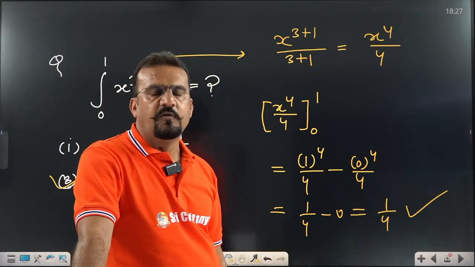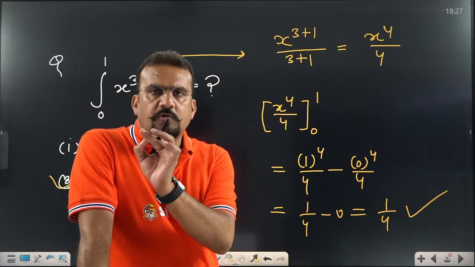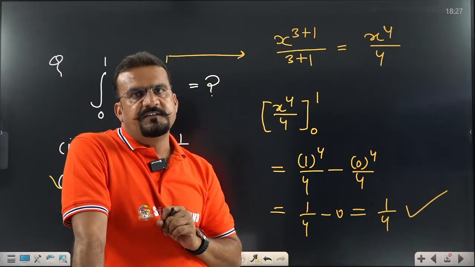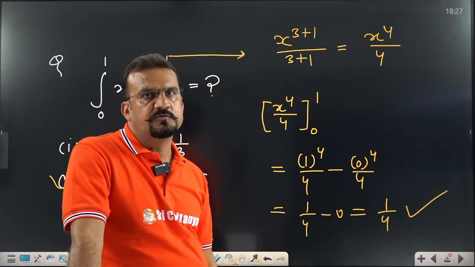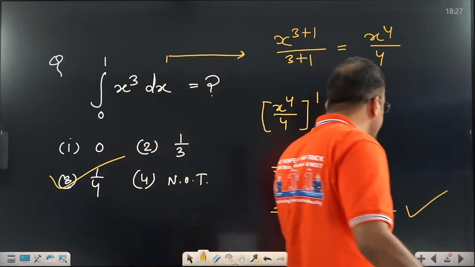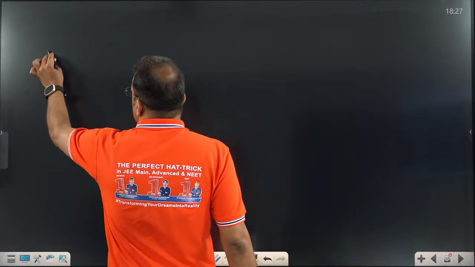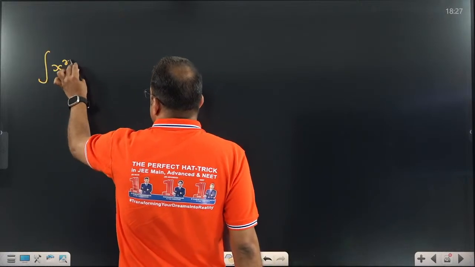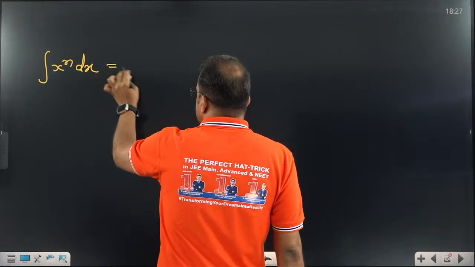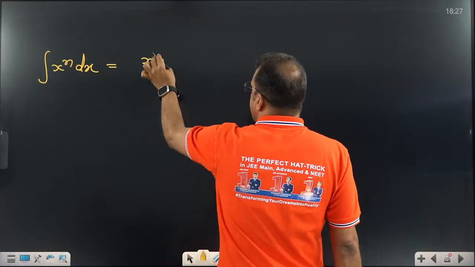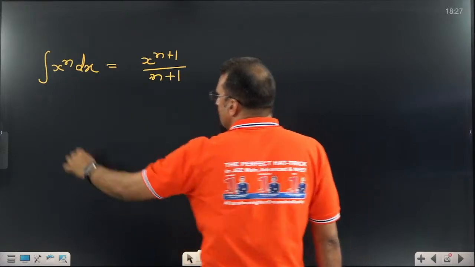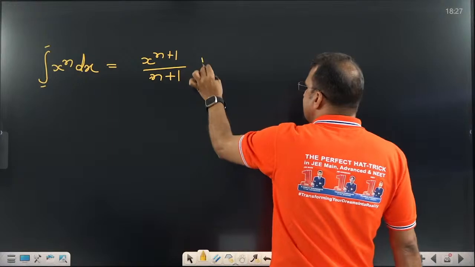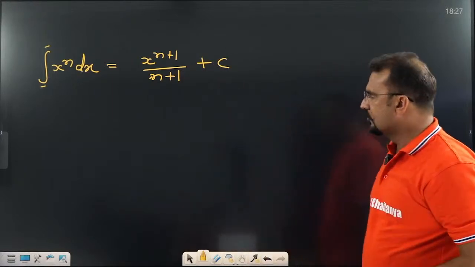Very good. Now let us move forward. If you know each and every formula of differentiation, just reverse all those formulas for integration. Let us do that work so that you can remember all the integration formulas also. See, what was the differentiation formula? One formula I already told you, I think no need to revise. The integration of x power n dx, if someone asks you, is x power n plus 1 divided by n plus 1. If there are no limits, one thing you need to remember is the indefinite constant.